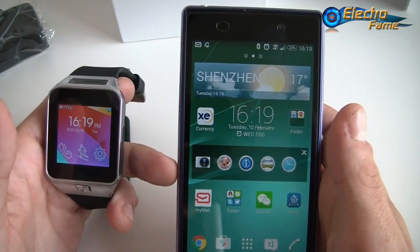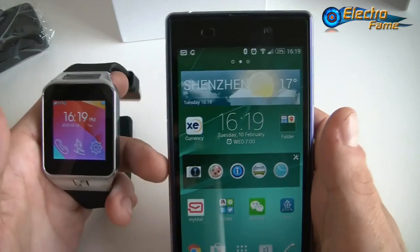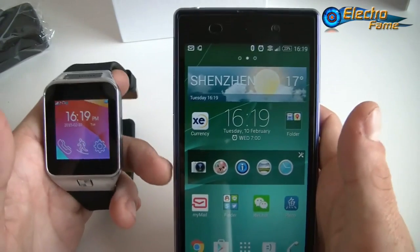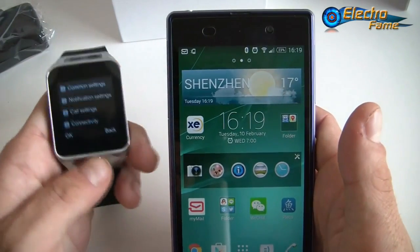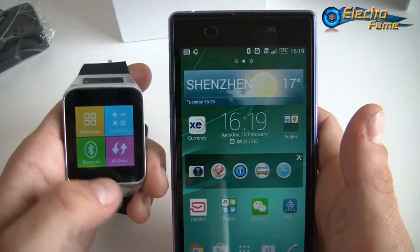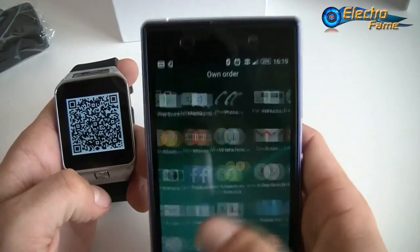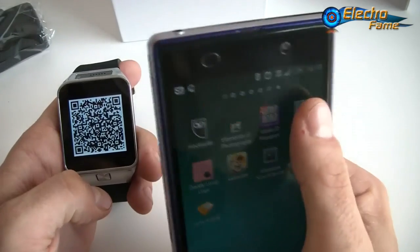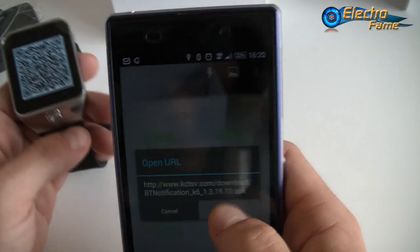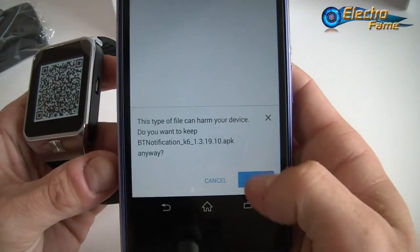So then, if you really want to fully synchronize, so if you want to use the dialer, the phone book, the call history, the music player, anti-lost, find my device, messaging, remote capture, and notifications, you will need to use this special APK. So for that we go to the app quick, as I said, then you just go to this QR code reader, you open it, he asks you if you want to save it, you say yes,